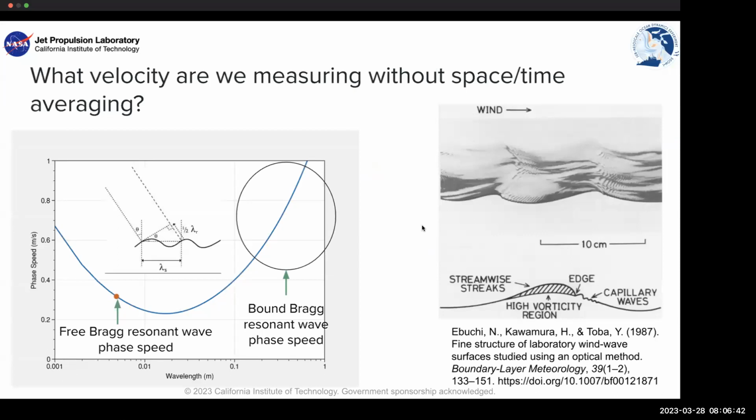So the challenge here is how to do that and remain with something that's sensible. The velocities that we need to subtract out are those of the free Bragg resonant wave. If that were the whole story, it would be very easy to subtract out, because you have the dispersion relationship. The radar resonates with just one wavelength. If you turn that dispersion relationship into phase speed, you get about 31 centimeters per second. You subtract that out, and then you're done, except you're not, because as you see in this beautiful picture on